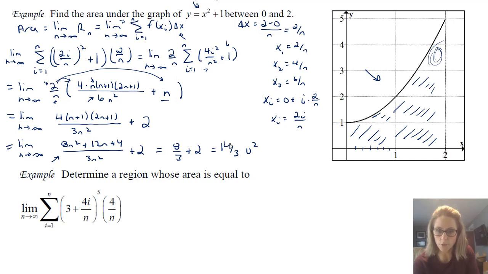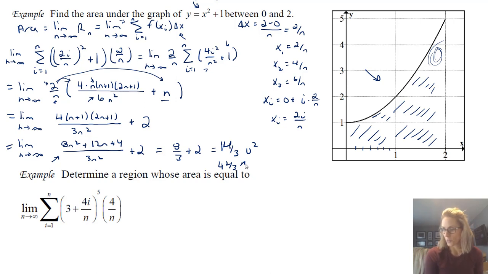Remember when I was talking about the estimation over here, it's completely within the realm of possibility that our answer is right, because we can just see from looking underneath the curve that we had about four rectangles and something. So getting 4 2/3 makes a lot of sense. So that's our answer. It's a lot of work, but that is the way to find the area under the curve using the idea of the Riemann sums.